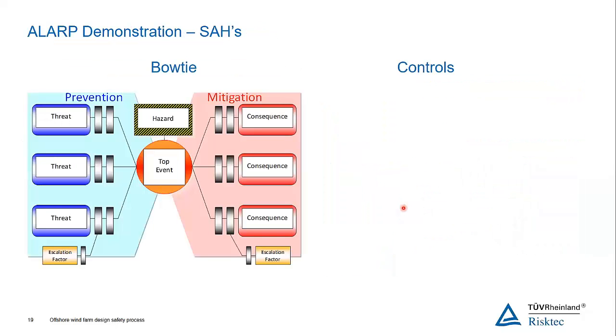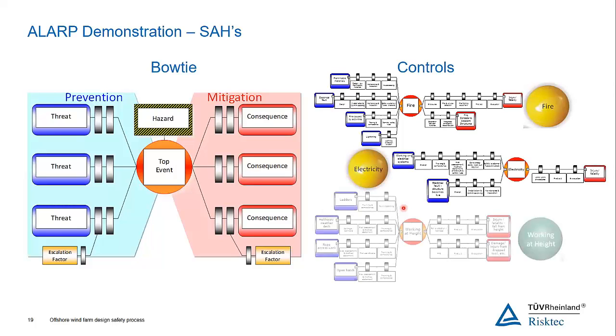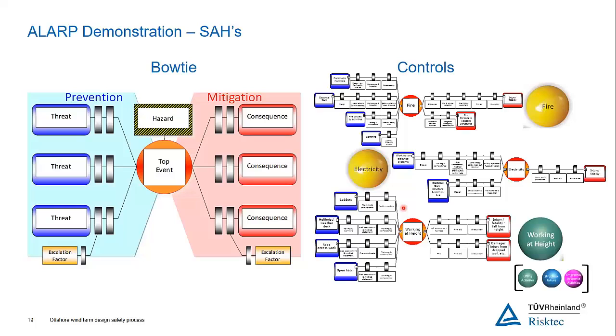And each of these areas you could envisage, and what we have done in the past is develop a bow tie where you look at the threats, the control measures to prevent that threat from taking place, and the consequences of that event, and the control measures which mitigate the consequences or prevent the consequences from occurring. So you might end up with a bow tie for each of those significant accident hazards, and